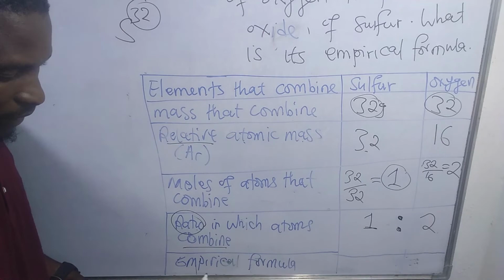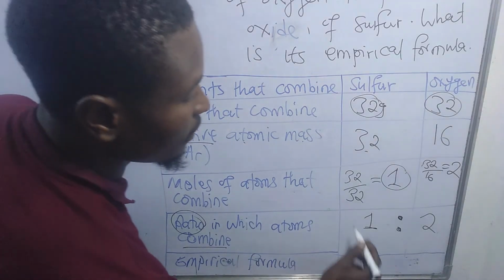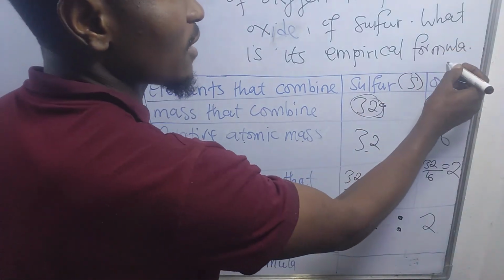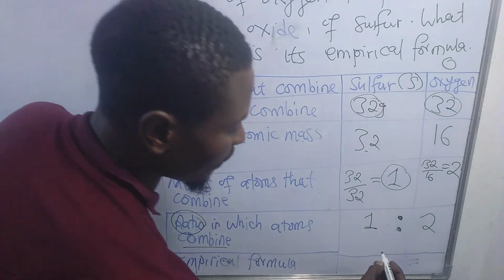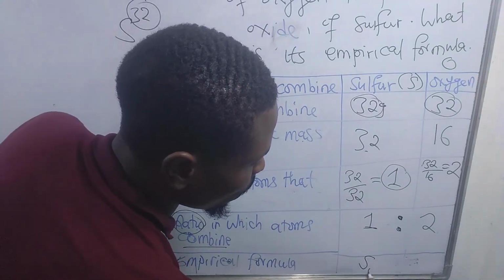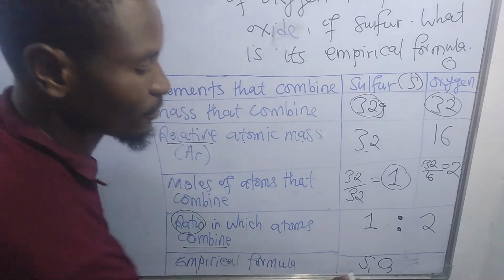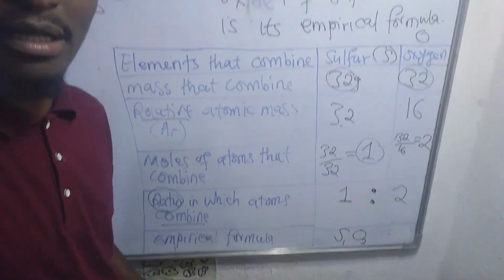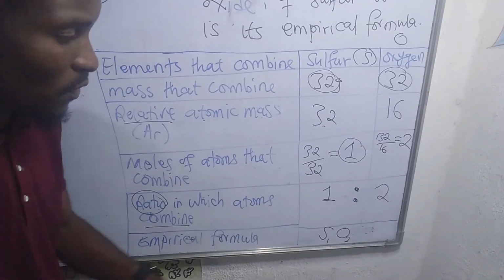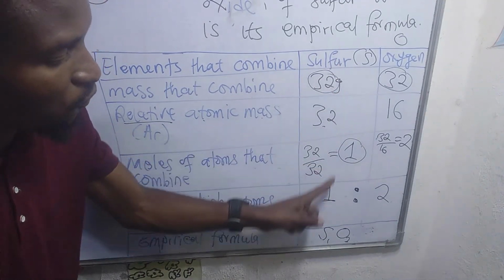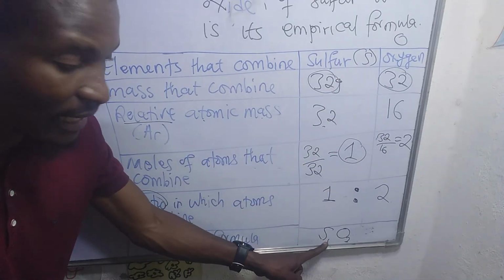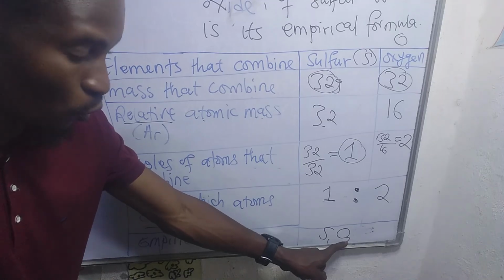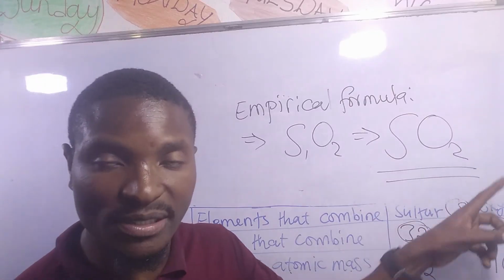The empirical formula becomes, you write the symbol of sulfur, which is S, and the symbol of oxygen, which is O. Then you just say S1, O2. S1 means sulfur, there is just 1, you write the one under, and for oxygen there are just 2, so you write oxygen and then 2 there. Now, sulfur dioxide, because we have 2